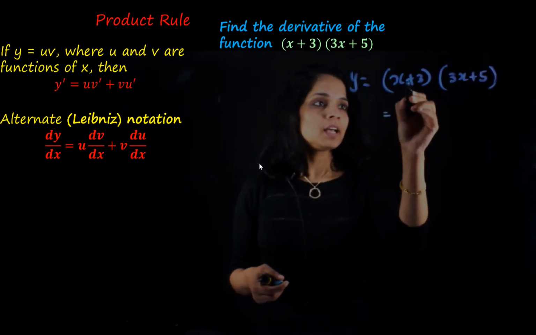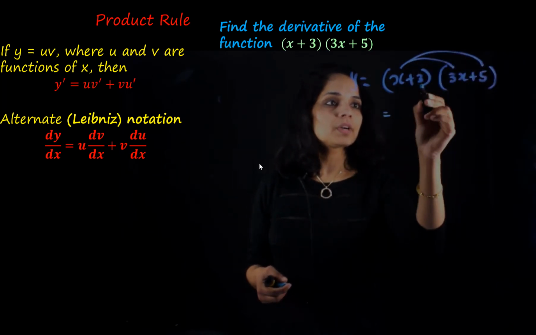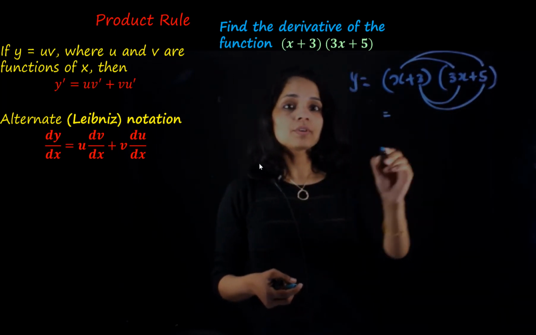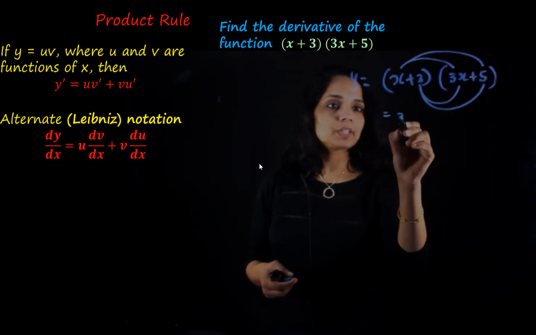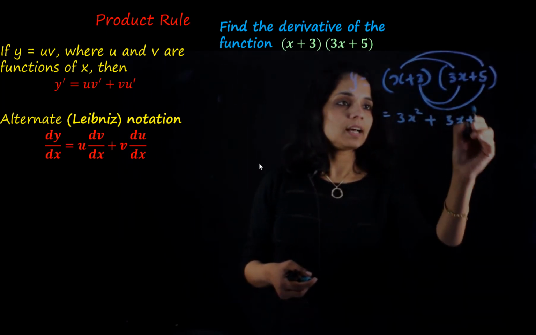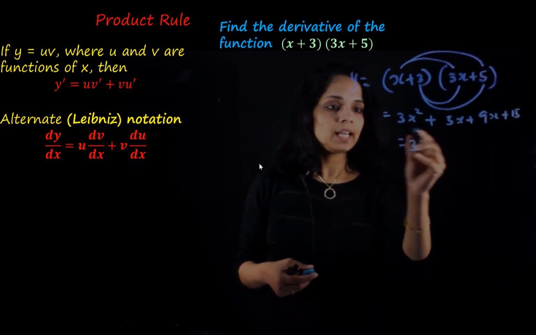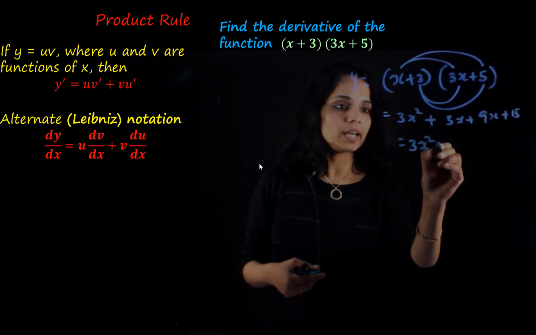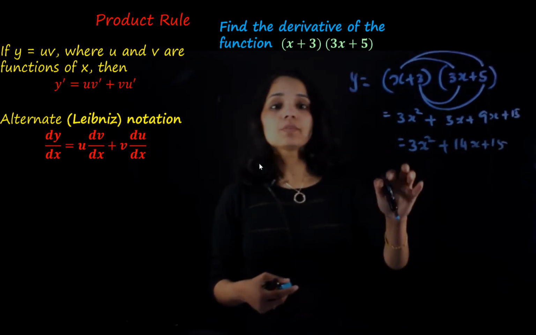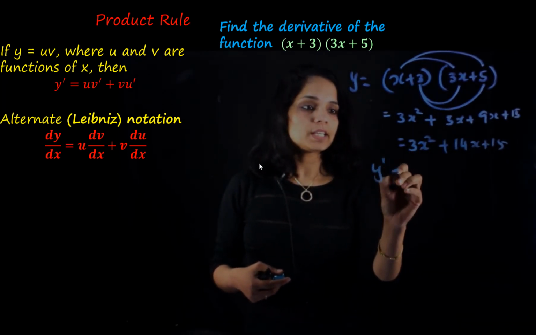So something like x times 3x plus x times 5 plus 3 times 3x plus 3 times 5, and you will get an expanded form, something like 3x squared plus 5x plus 9x plus 15. Simplifying, we get 3x squared plus 14x plus 15, and then you can find the derivative term by term, and that will be y dash equals